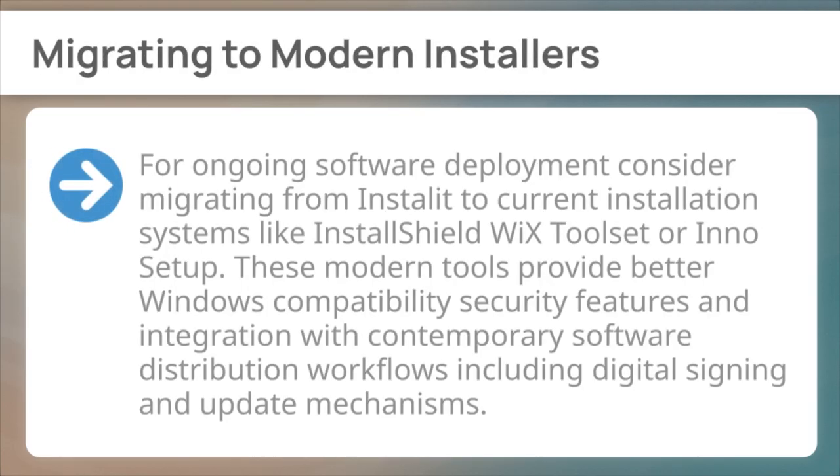Finally, migrating to modern installers. For ongoing software deployment, consider migrating from Instalit to current installation systems, like InstallShield, WiX Toolset, or Inno Setup. These modern tools provide better Windows compatibility, security features, and integration with contemporary software distribution workflows, including digital signing and